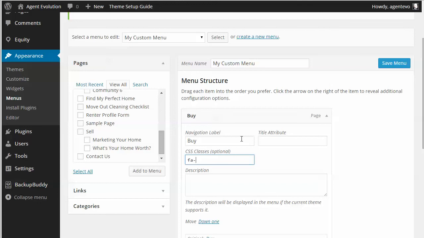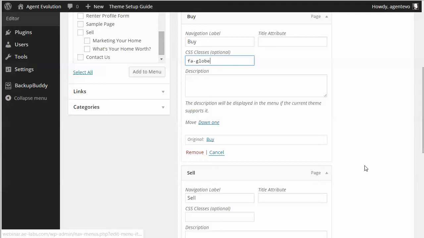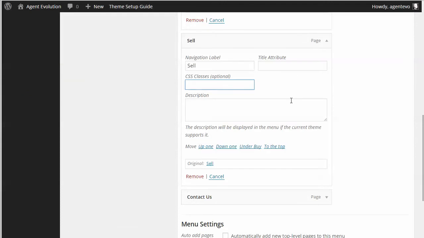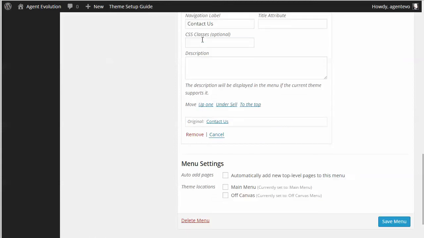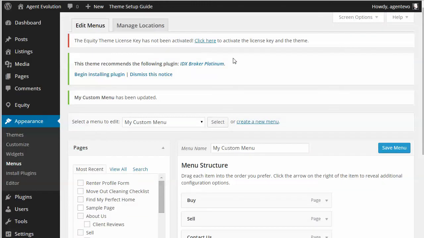FA, I'm just going to put a Font Awesome class for that. Sell, we're going to put one, fa-home. Contact Us, let's use fa, I think it's envelope, we'll try that, and save this. Okay, now that we've created our menu, we need to add that menu to the home top